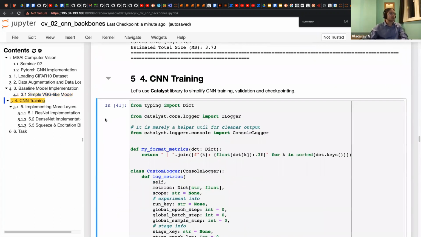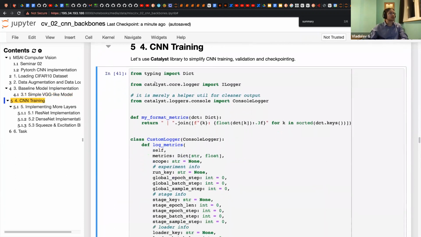Okay, then let's use the Catalyst framework. And for now, we will use Logger, and they have nice interfaces. They work hard on their interfaces, and I participated in creating these interfaces as well.